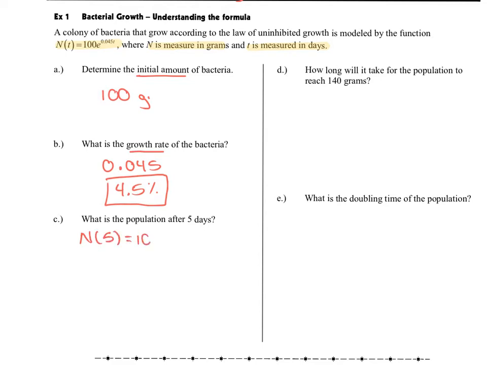So we're going to say 100 e to the 0.045 times 5. And at this point, this is really just a calculator problem for us. So we're going to type this into our calculator, and we are going to get approximately